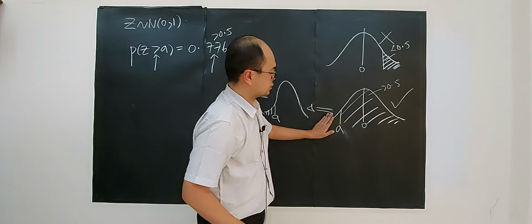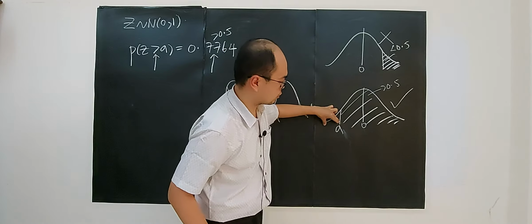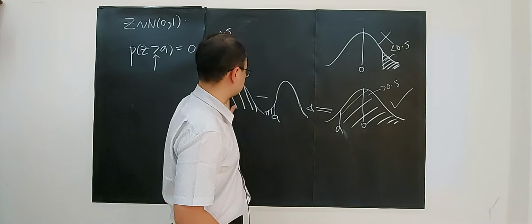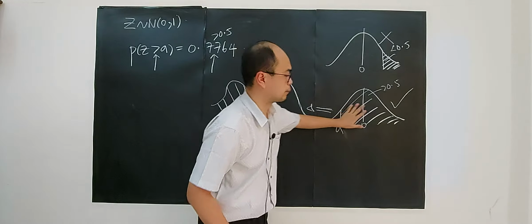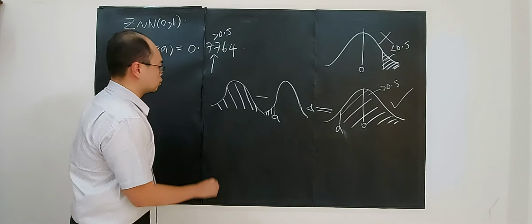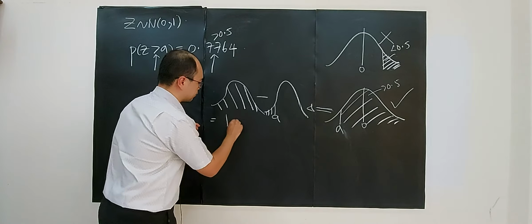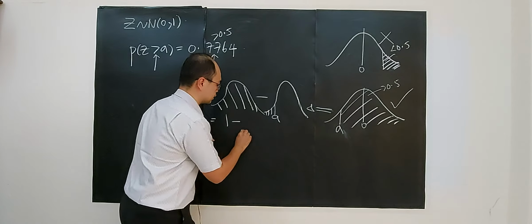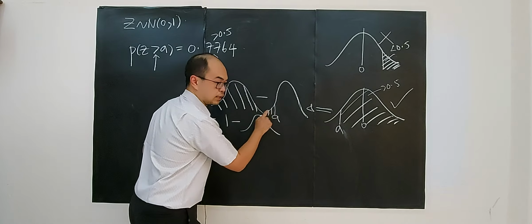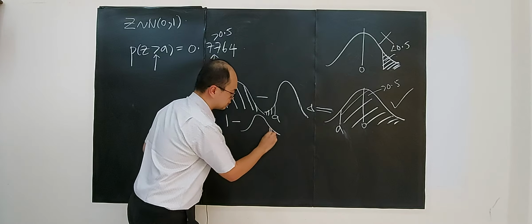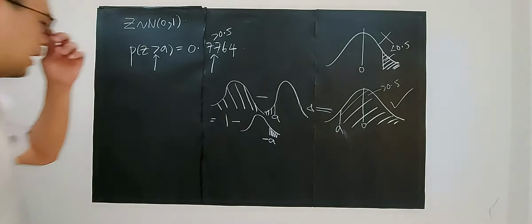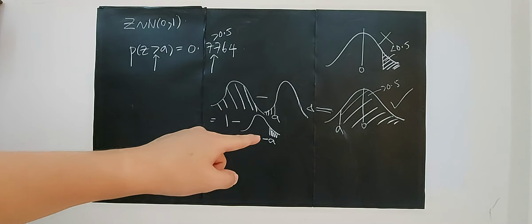Alright, nak? Semua ini tolak dengan kawasan kosong ini. Sebab you mau cari area sini kan. So you ambil semua tolak dengan bahagian ini, then you dapat ini. So how? So it's 1 minus away. But this one is the same as this one. Hello, this one is the same as to the right. I have to put a negative A here, right?